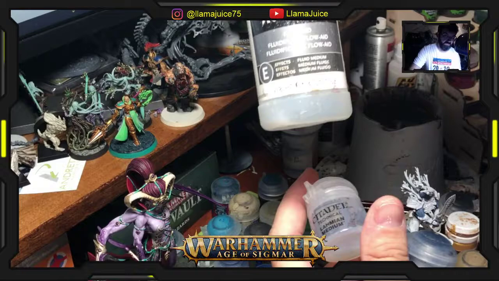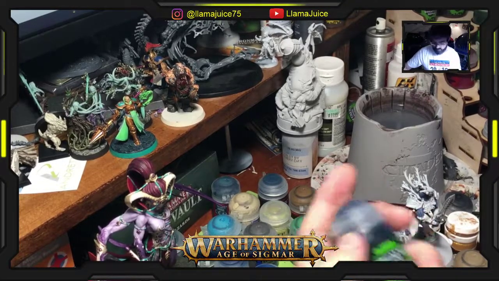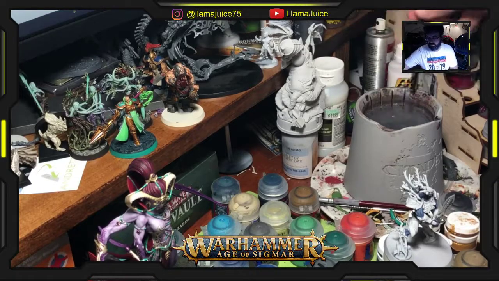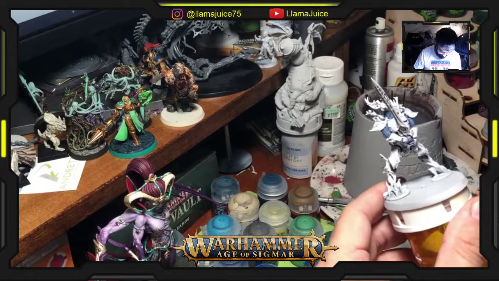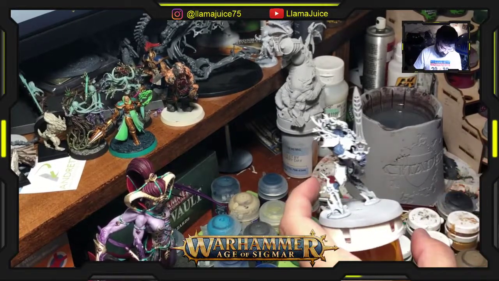I also found that Flow Aid, put a little bit of that in there and it'll thin it out pretty good, and it doesn't break quite like the way that water does. When you put water in with a shade, it does odd things. So I'm just going to take a couple of brushfuls of the shade, and a little bit of that Flow Aid. And I'm going to mix it about 2 to 1. So 2 drops of the Flow Aid to 1 drop of